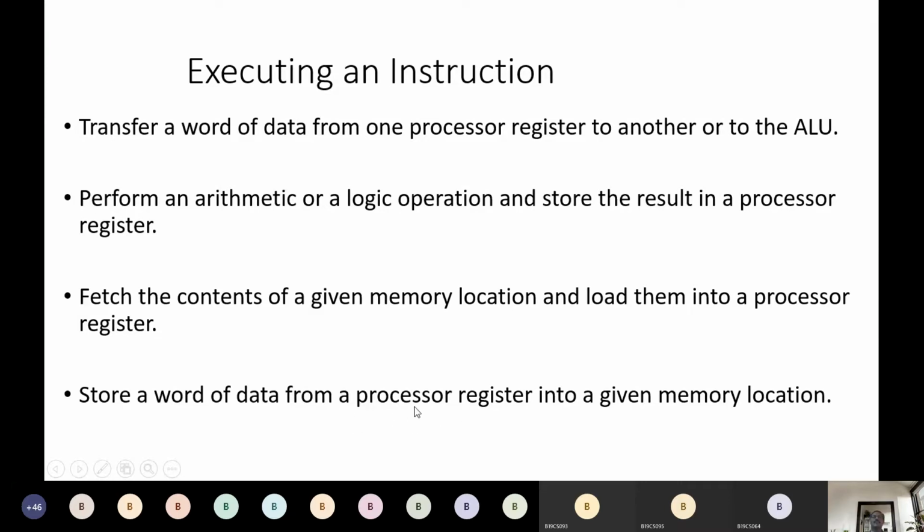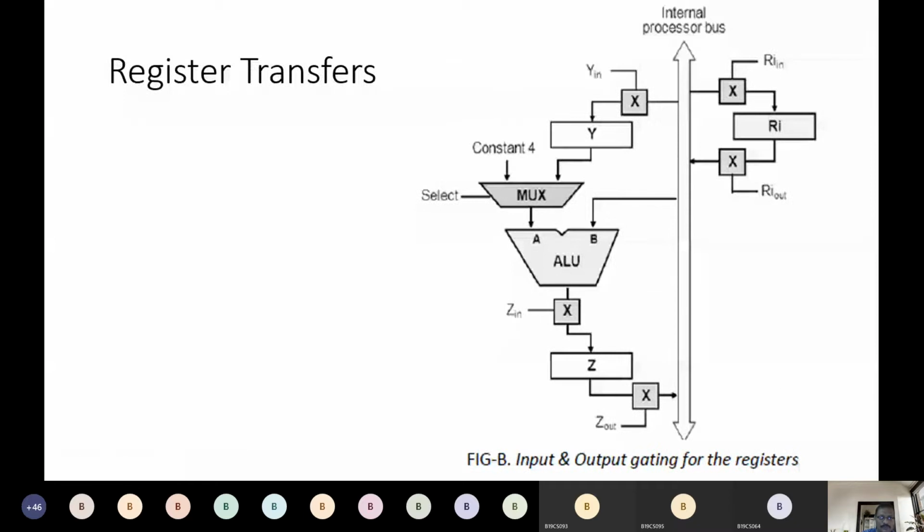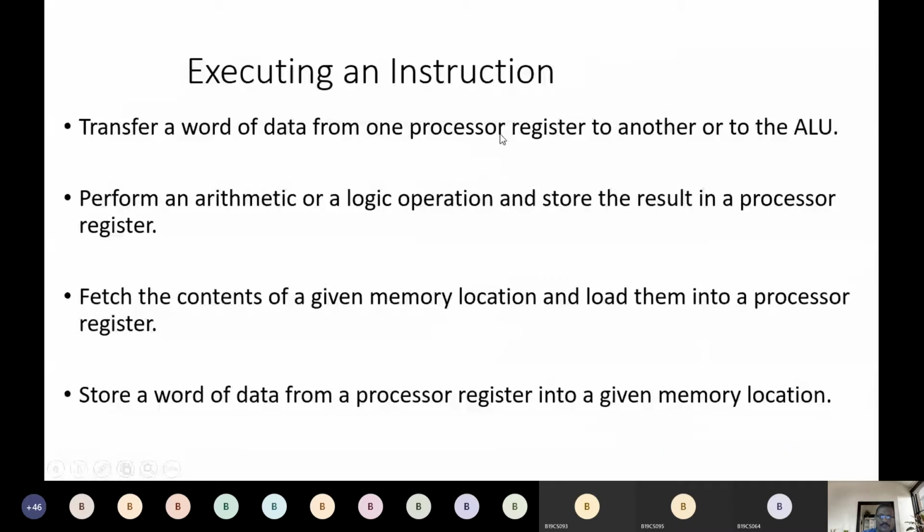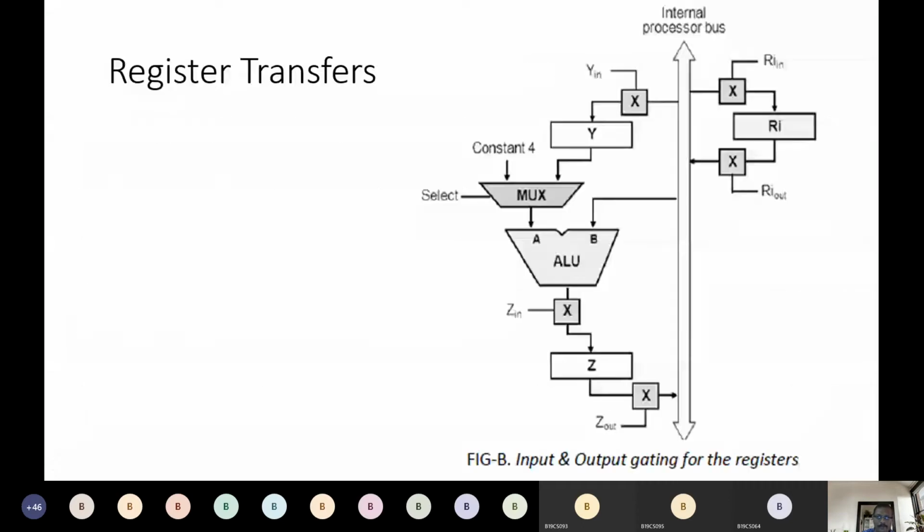That is, for example, I have some data in processor register R3, how data from R3 can be stored in main memory. That is writing the data to the main memory from the processor register. Okay, so these are the things we will discuss in today's class. So first one we will see is how data transfers from one register to another register, that is R0 to R3 maybe.